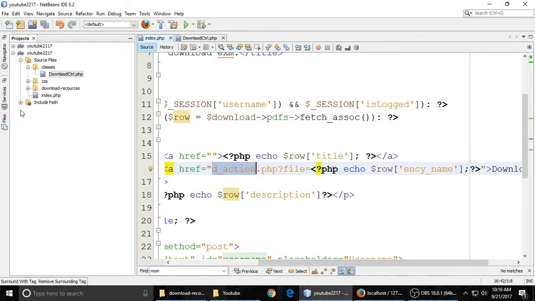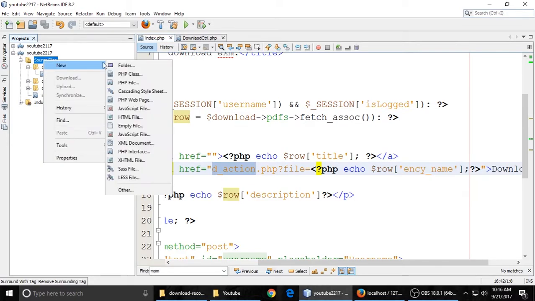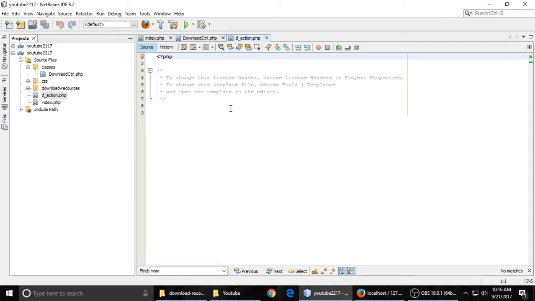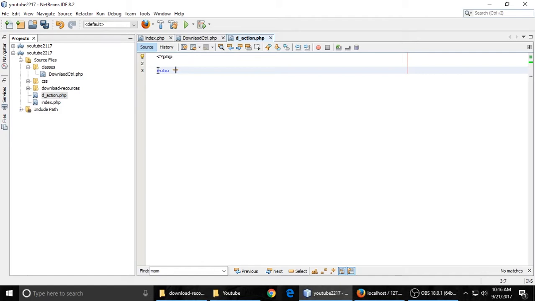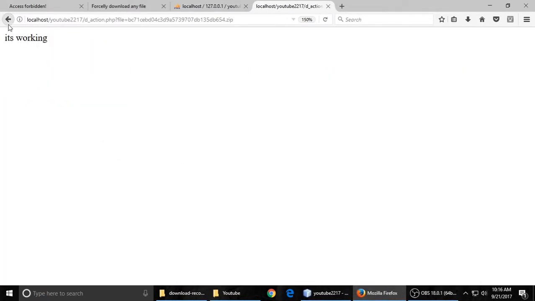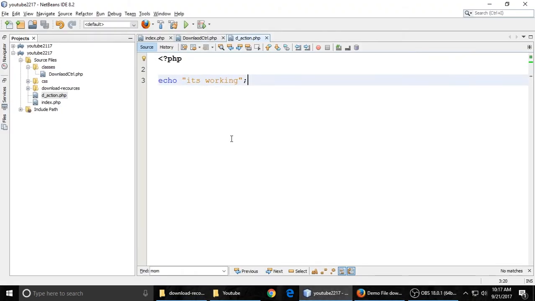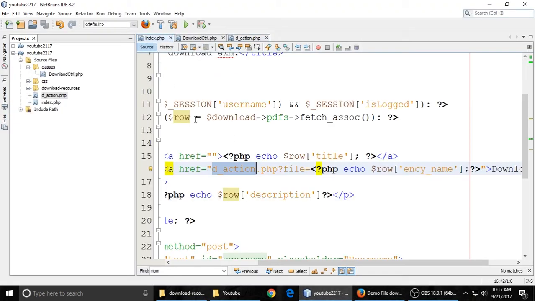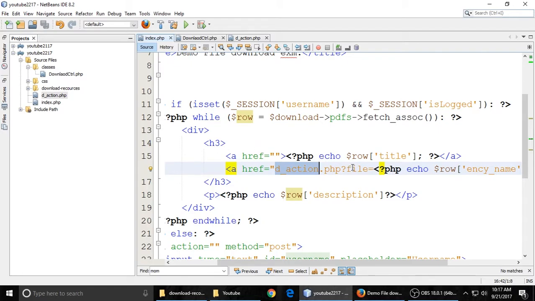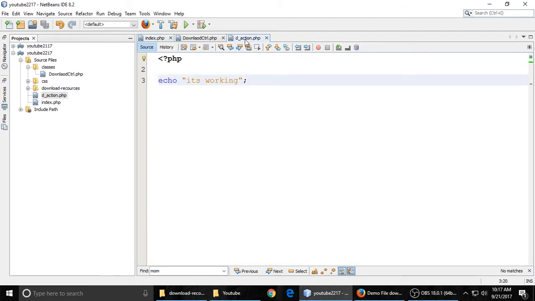So this file is not present, so we have to create this file. Right click, PHP file, and paste it here, and echo. It's working. Control S and refresh. So just click it, it's working fine. Super simple. All the files we will get through this variable which is file. So inside the dxn, dxn means download action,